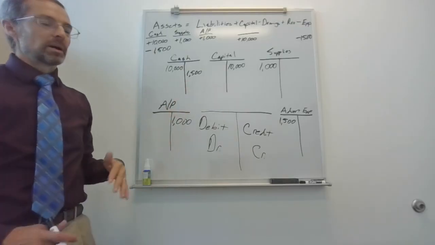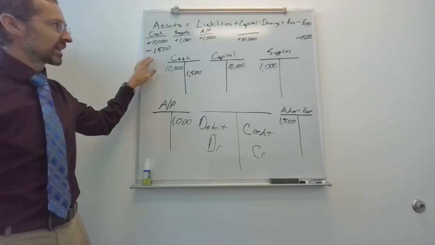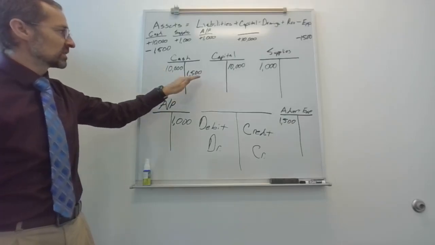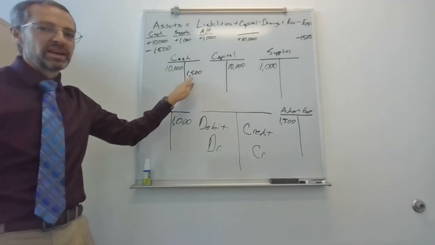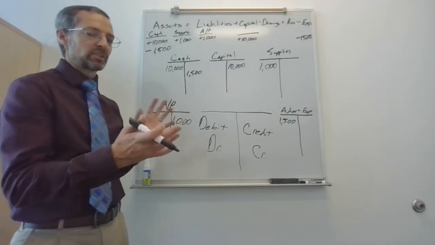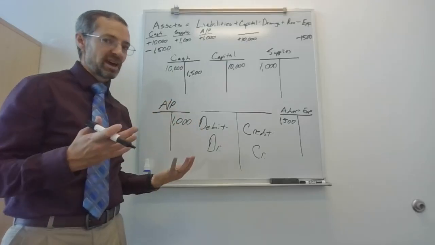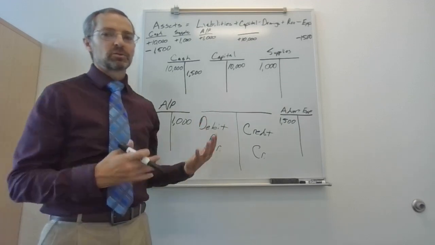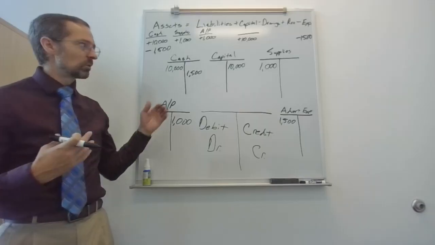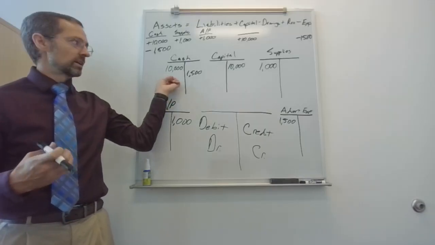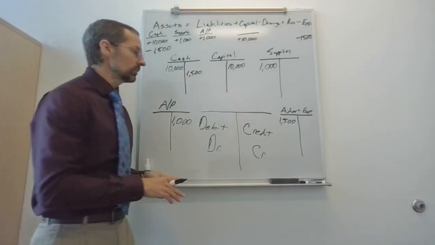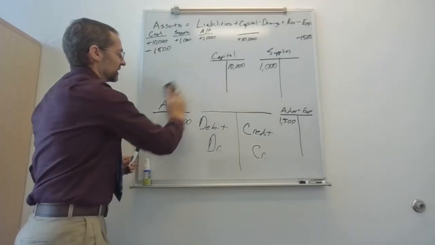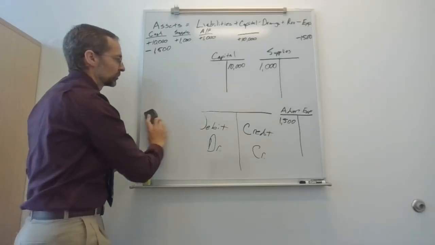So I just wanted to illustrate an account going down. For example, cash. Cash went up 10,000, then it went down 1,500. And I know by looking at the left side and the right side of the cash account what's happening to the account, whether it's going up or down. All right, so let's now transition into, how did I know whether to put it on the left side or the right side? I'm going to erase these T accounts so I can illustrate a little bit of math.